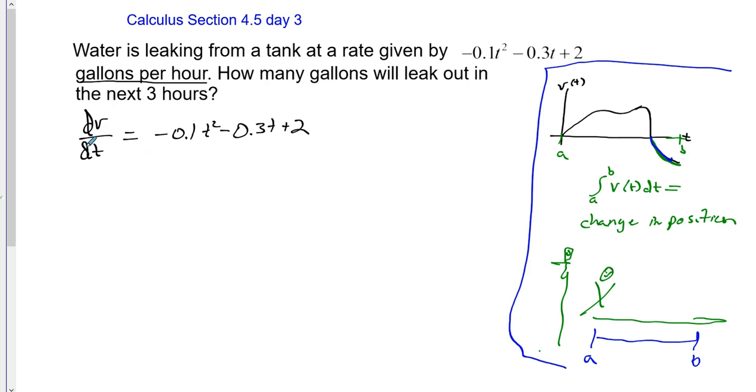So, long story short, if I need to know a change in volume, if I were to integrate with respect to time, that would be like integrating from 0 to 3. So over the next 3 hours, assuming that time 0 is at the beginning of the leak, I would have this integral. Okay, so if I integrate both sides, I end up with a volume equal to, well, in this case, it's a definite integral, so I won't have a plus c or anything, but I would just integrate this, and this would be a great time for us to take a look at